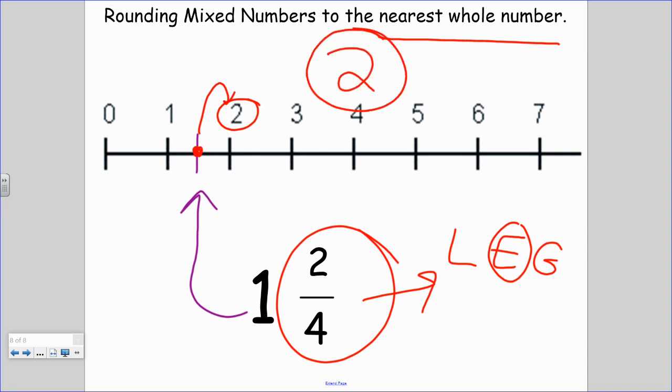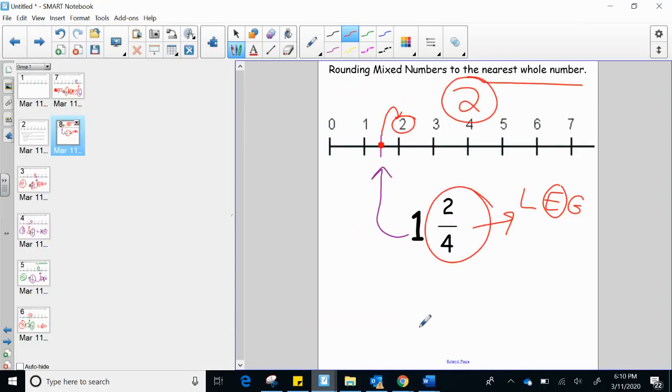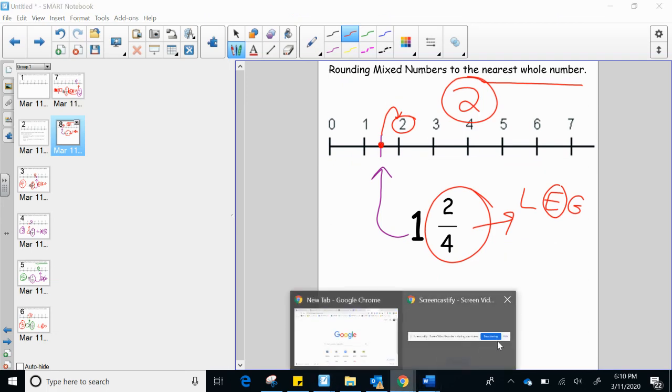There are some for you to try on the worksheet. Make sure you read very, very carefully of when you're supposed to check in. I hope it goes as well as I believe that it will. All right, here we